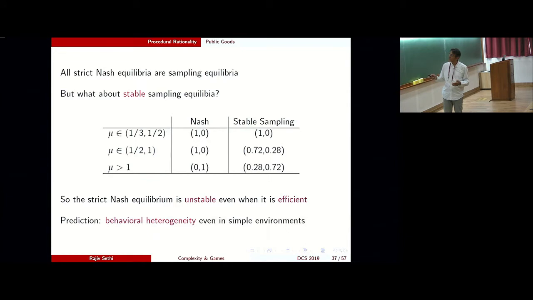But sampling equilibrium gives you another mixture. The mixture changes, it flips, but it's still a mixture. Which means that it's not efficiency that is driving the difference between Nash and sampling. In this case, sampling increases efficiency. In this case, sampling reduces efficiency. Right? I'm not going to go to the proof of the argument, but